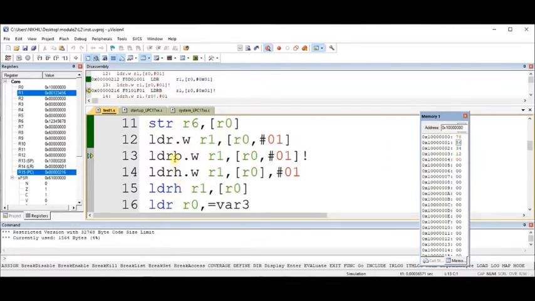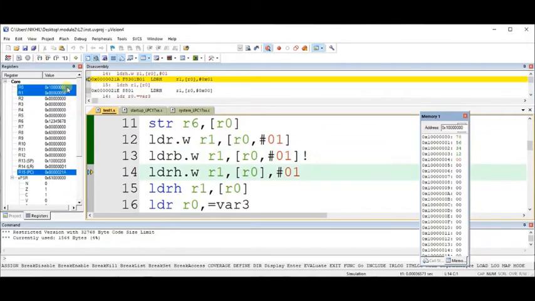Now if you execute this one, this is LDRB. B stands for byte. Only byte value, that is 8-bit value, will be stored in R1. From where? From the address pointed by this value. So R0 is presently this plus 1, and now we are using exclamation mark. This value will change, and which value will be copied, you will see that. So it has to store a byte. So R1 will be updated now.